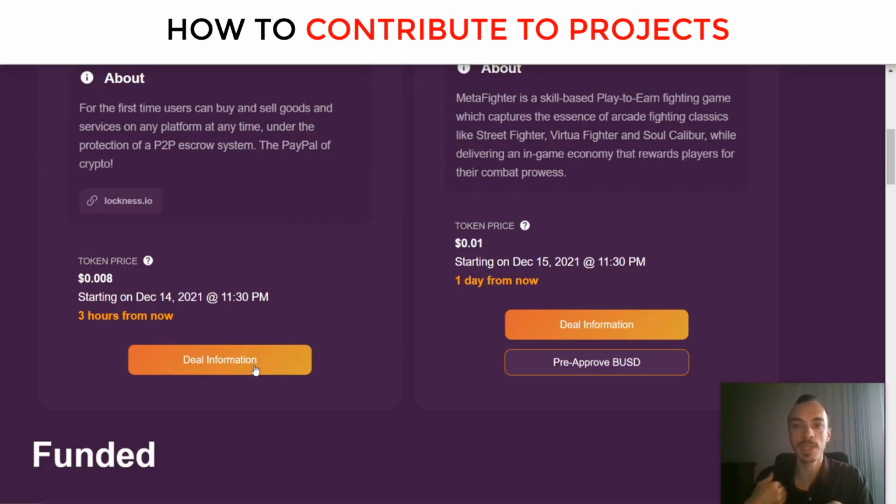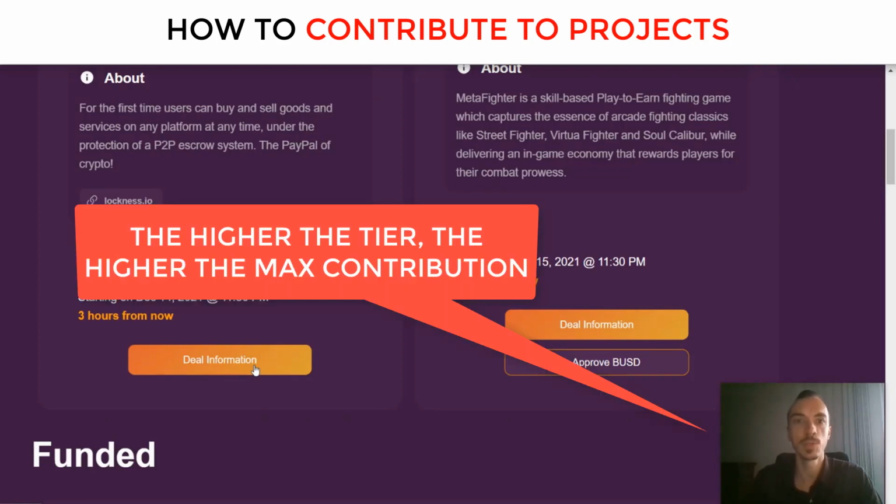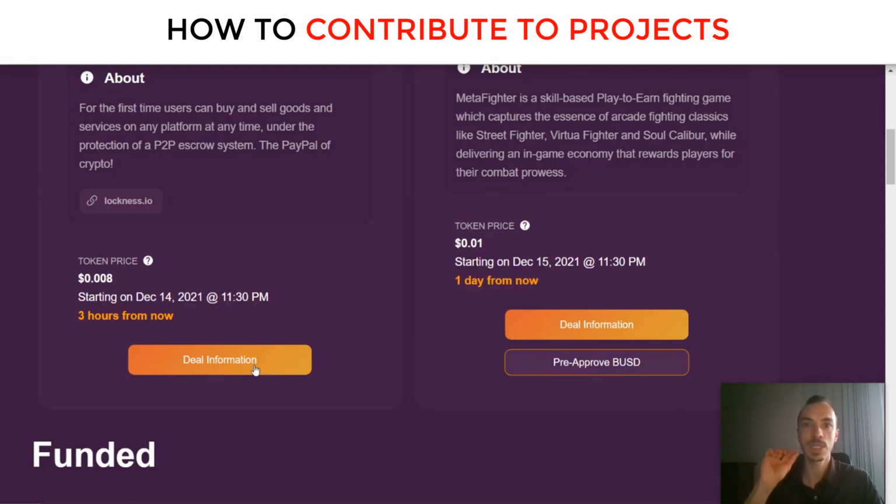So yeah, for my tier, for example, the max is $200. But if you get a higher tier, then you will be able to put more money in deals. But basically, if you see zero, you can't do anything. So keep refreshing until you see your maximum contribution amount, and as soon as it appears, you click on max